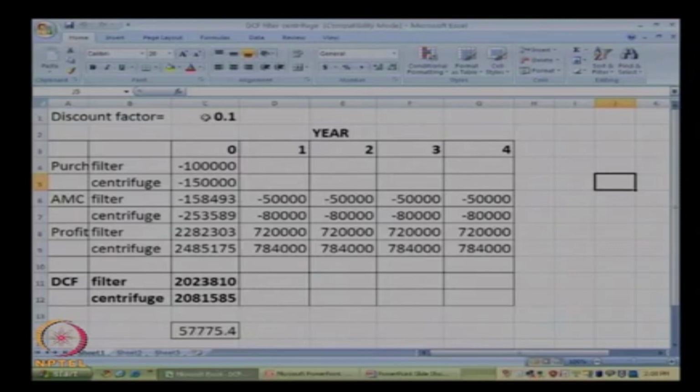That is for a discount factor of 10%, that means 0.1. So the advantage of doing it in Excel is we can change this number. If the discount factor is 5%, that means the difference between this current year and the next year is only 5%, unlike the 10% which I have here. So if I put in that 5% and have a look at this number, you see the difference comes out to be almost